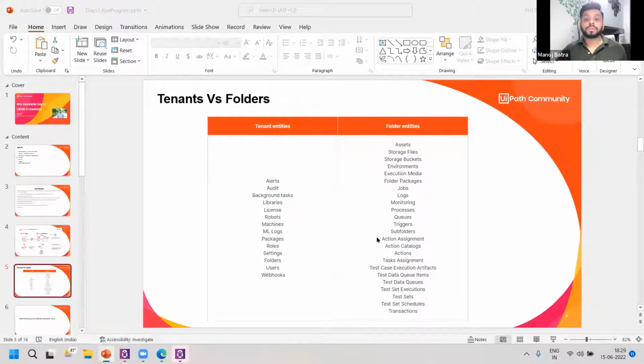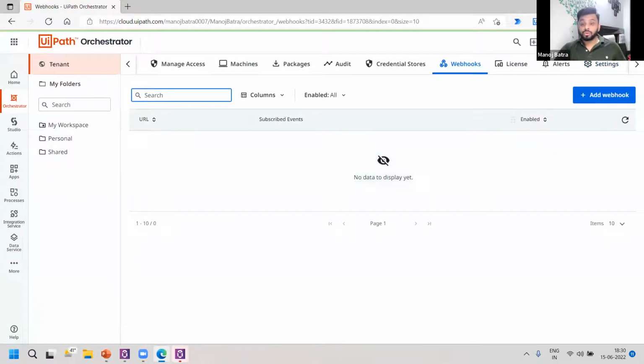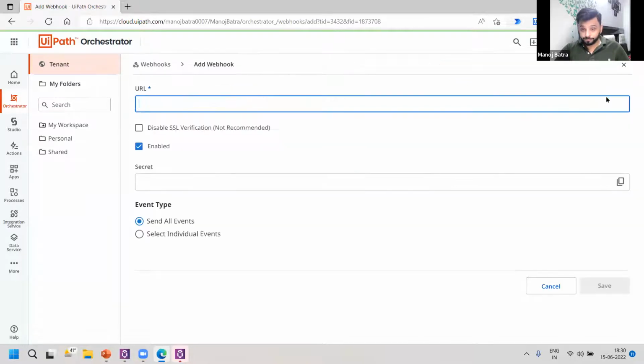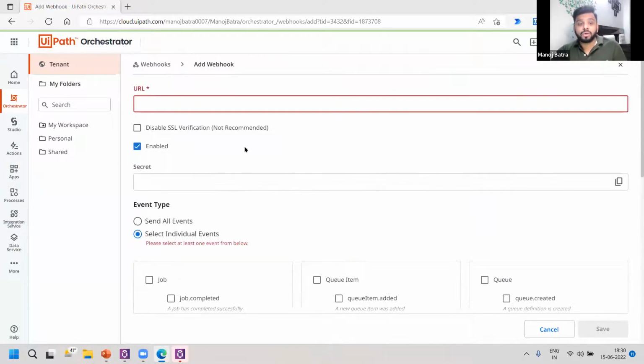So to overcome those challenges, you can use these webhooks, where you need to define... If I go back to this webhooks again, let me go to this webhooks. You just need to create a webhook here and give a URL. This URL means whenever any process gets completed. There are certain triggers, or you can say certain individual events, that UiPath provides. Once these things get completed or started or created, anything, you will get a notification to this URL